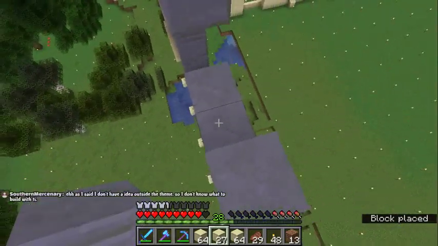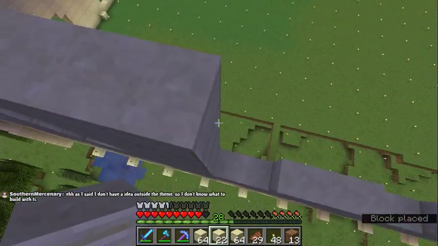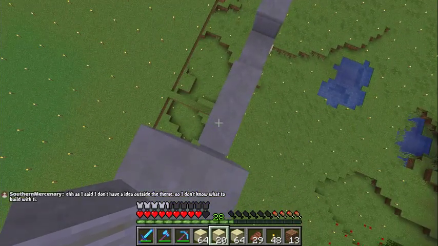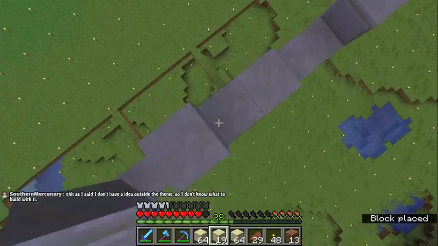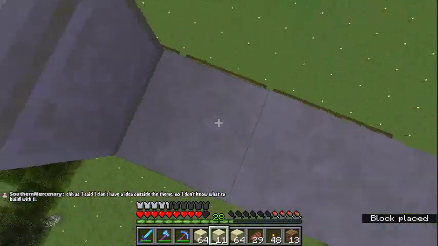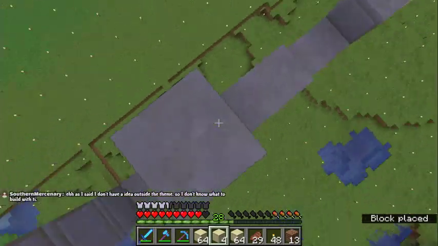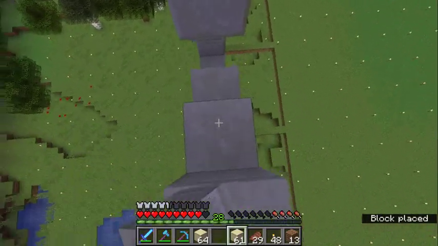Or what about just an apartment building with a bar in the bottom? That's just me. Sorry, man. I just enjoy spitballing ideas about different architecture and stuff like that, different styles that you can